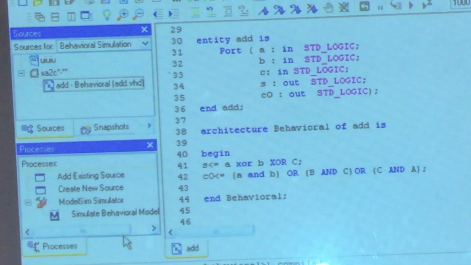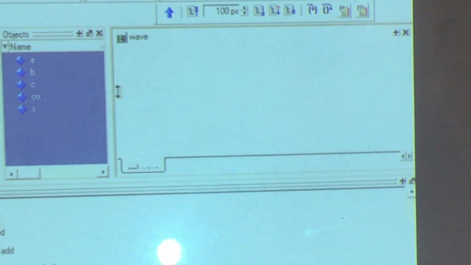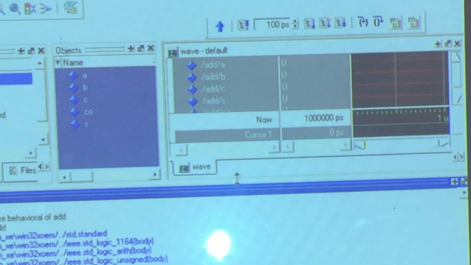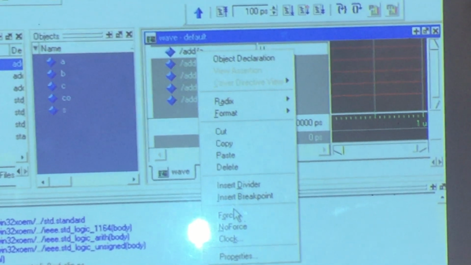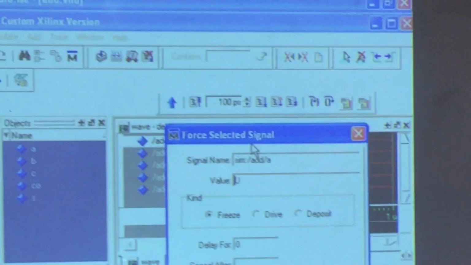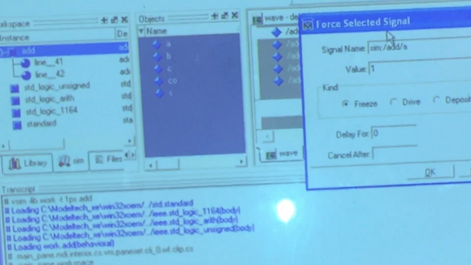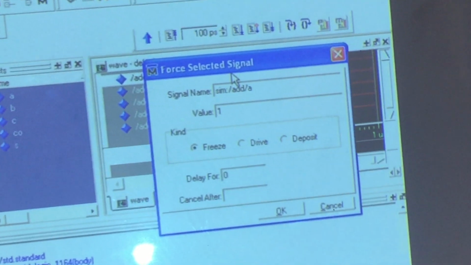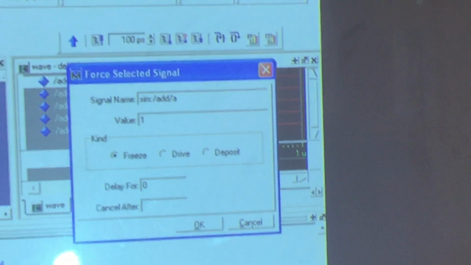Double click on this, the ModelSim simulator. Okay, as usual, drag this below, right click A, force the value to 1, give it as OK.